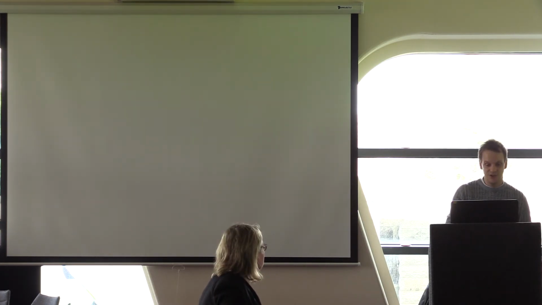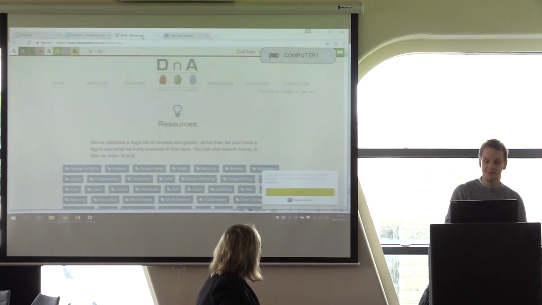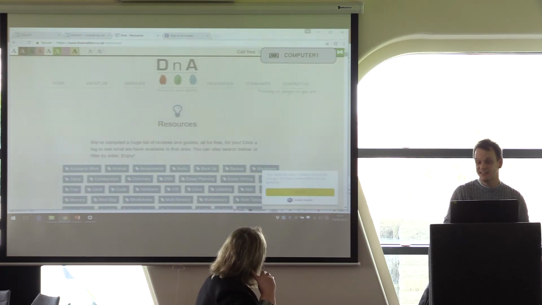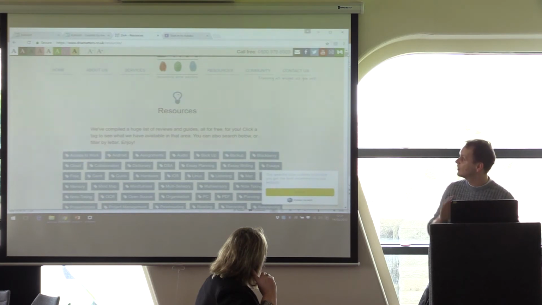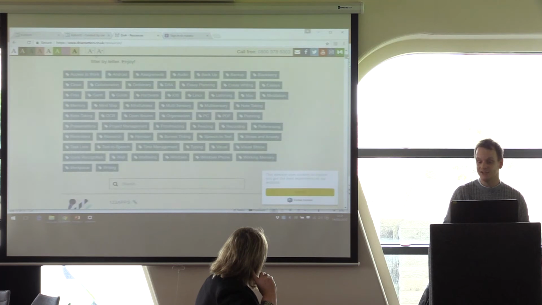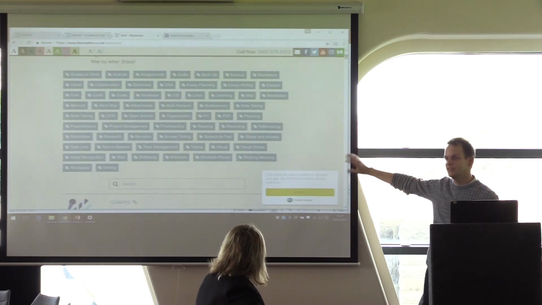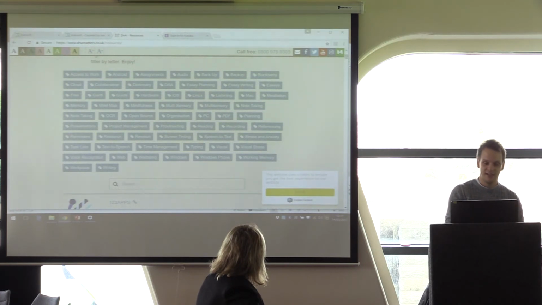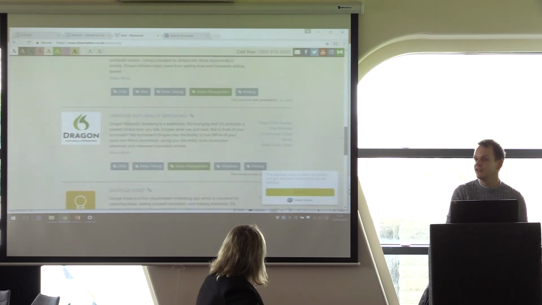I just wanted to show you, just to finish, we've got the DNA website, the resources page, which a lot of these apps and strategies are built in. If you just go to dnamatters.co.uk/resources, you'll find the resources page, and you'll see it's ordered by tags, strategy tags, or assistive technology tags. All you need to do is click on particular tags, such as voice recognition, for example. You can scroll down and you'll find the different strategies and